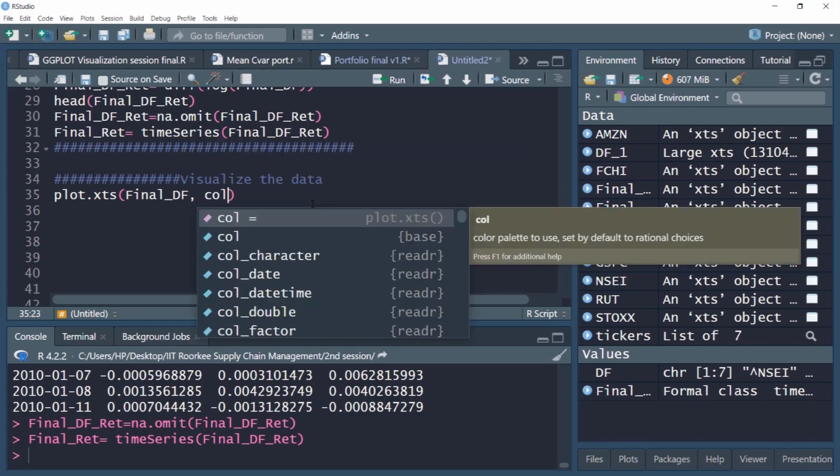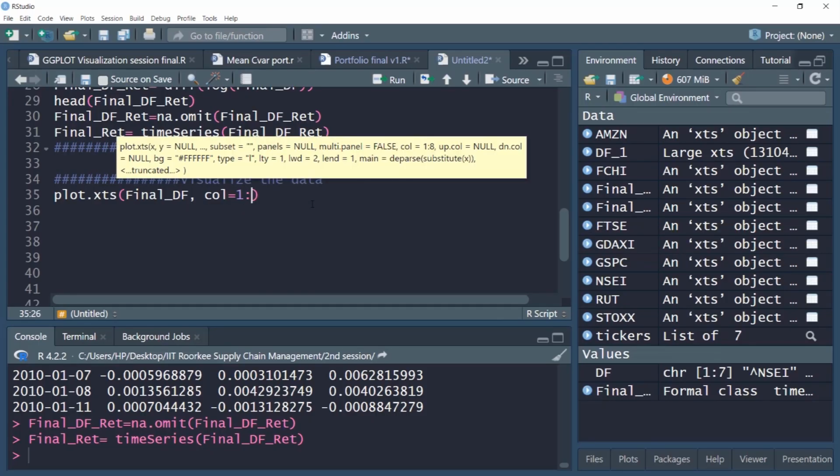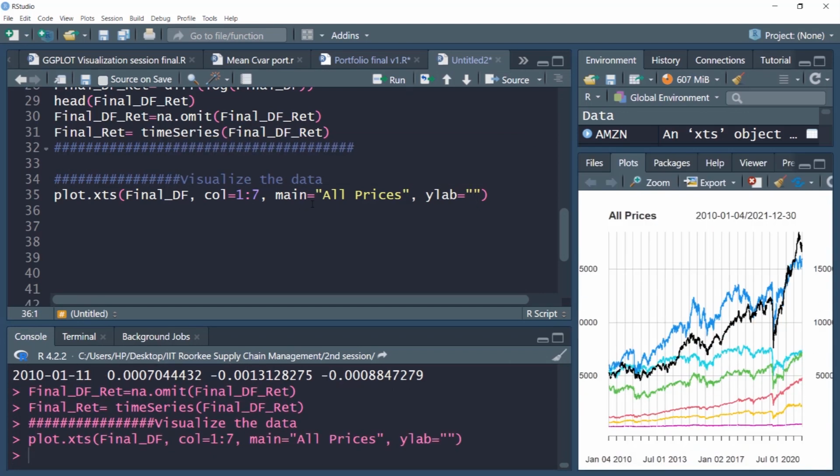Since we have 7 price series, 7 indices, we'll use 7 colors. So this command will ensure that there are 7 colors, 1 to 7. Then the main heading is all prices, because we are using price series, and we'll keep the y-axis label empty. Now I can run this command.